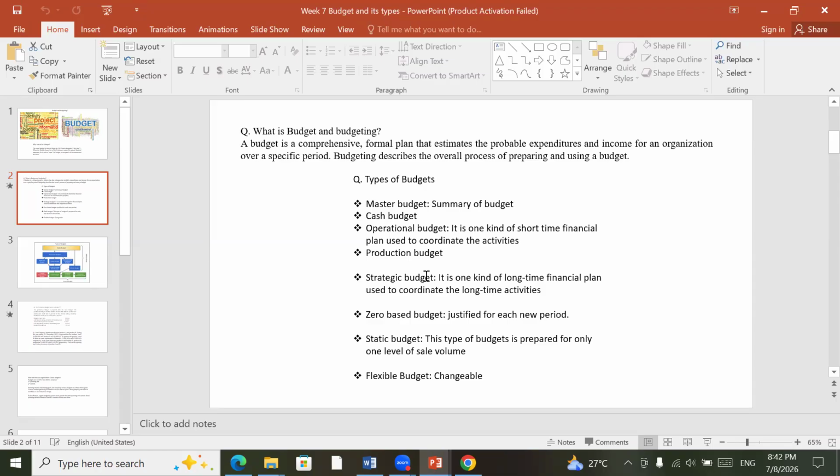Strategic budget is actually a finance budget, on a long-term basis. And this is very crucial for a person or an organization. These types of budget need to be selected. Zero-based budget. Zero-based budget is an absolutely new budget. There is no idea gathered from the before or past year. Absolutely, you think anew on the basis of your own view or own opinion. This is the zero-based budget.